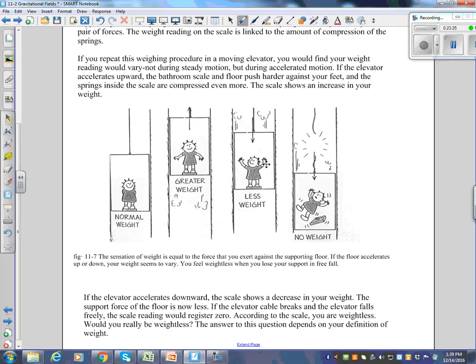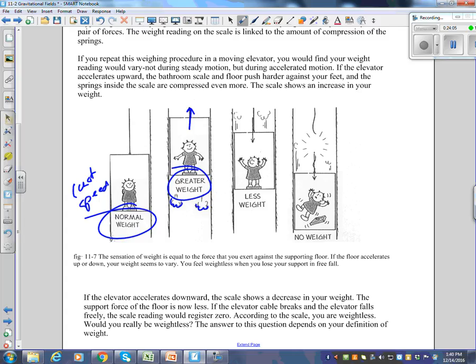How can you tell from the picture: is this elevator accelerating, traveling at a constant speed, or slowing down? It is constant. It's either not moving or it's at a constant speed. You should draw that in there. And you'll notice that the person with the weird hair is normal weight. But this one here, what is this one doing? How do you know? There is an arrow going up, and there's these little smoke things down here. So it's going up, and it's accelerating up, and the person has a greater weight. So that's just a visual from yesterday.